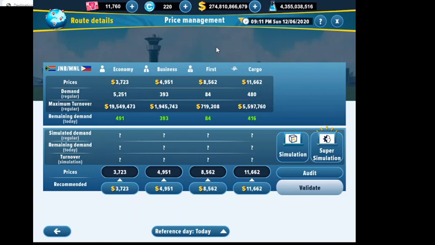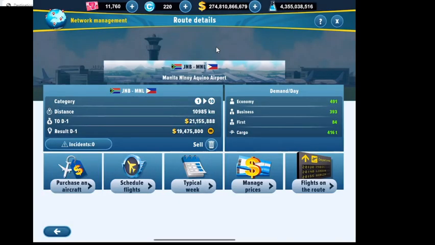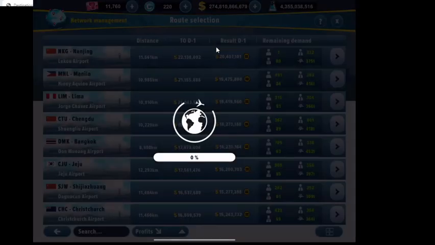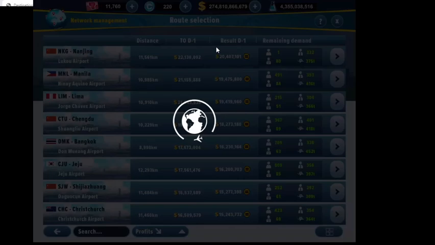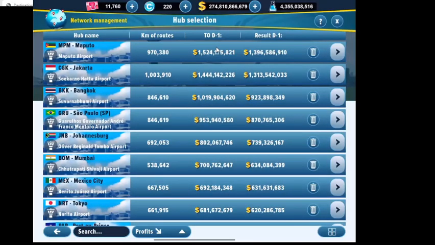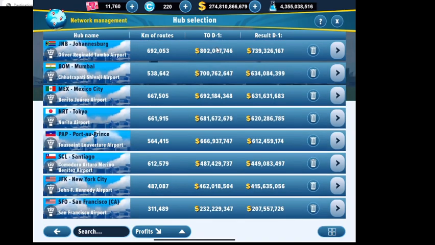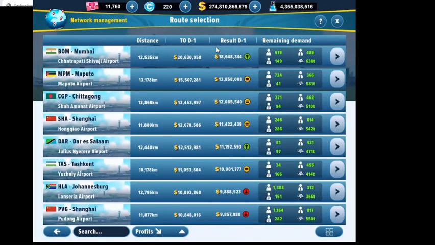This leads me to another scenario here regarding changing your prices. So I'm going to get out of Johannesburg because I don't have that problem there. I do have this problem in JFK. JFK is my first hub, okay, and man, this hub is really messed up because I didn't do 168s here. I kind of just threw routes together because I didn't know what I was doing, and so I do have